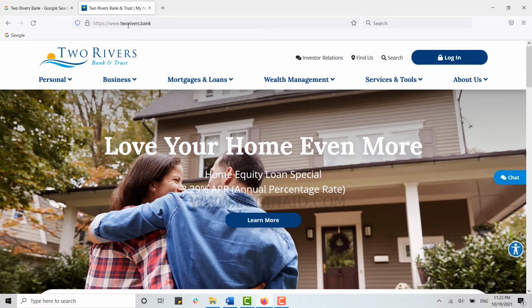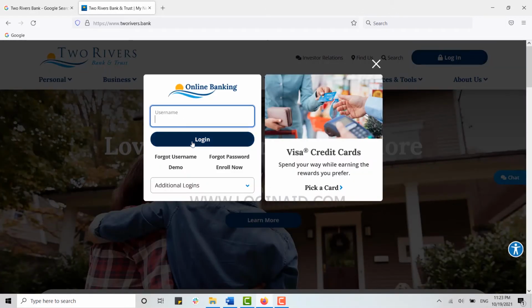Here you need to click on the login on the top right corner. Here you type in your username and click on login. Once you click on login, you will need to provide your password for the banking account. You type in your password and then click on login, and with that you will be easily logged in to